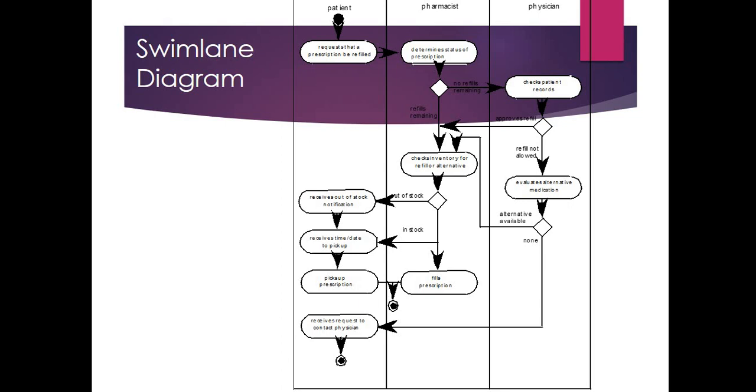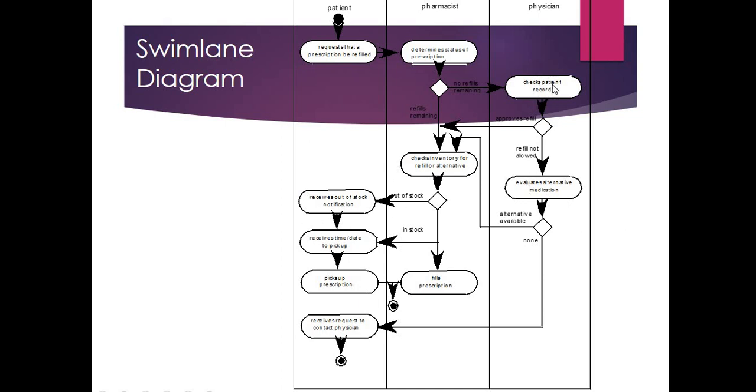Then the pharmacist will check the inventory. If the medicines are available, he will give them to the patient. For example, the doctor is approving the prescription, okay, the pharmacist can give the medicines to the patient. So in that way, if in the pharmacist's inventory the stock is not available, he will tell that stock is not available, and when the patient can come back to get it, that intimation will be sent.